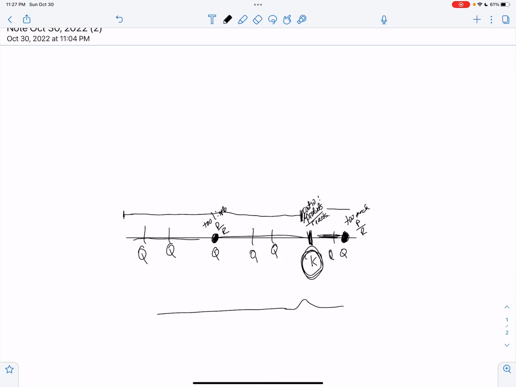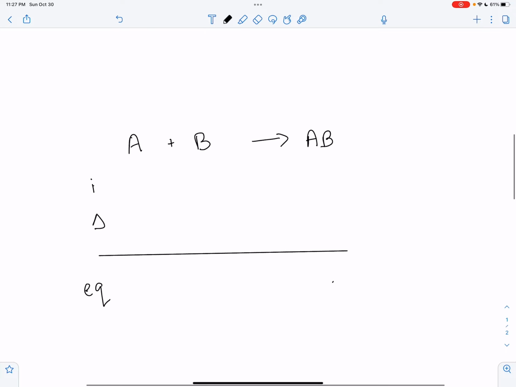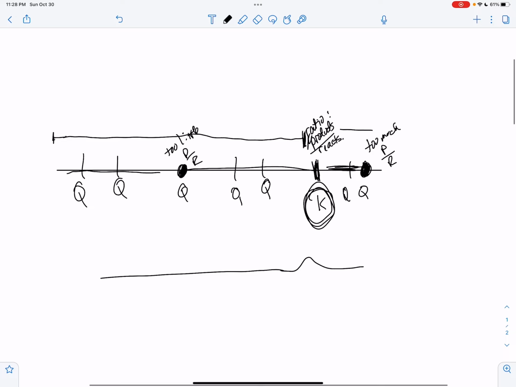So this is one way we represent it. And the other way we represent it is in a chart format. The I stands for initial, the delta stands for change, and the EQ is equilibrium. So instead of talking about being on that left-hand side of the line, which is where we are, we're over here, if this is initial,